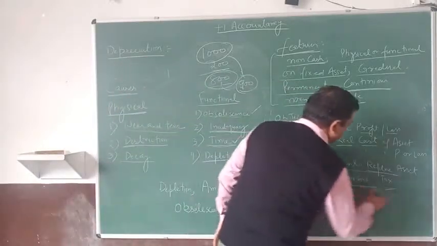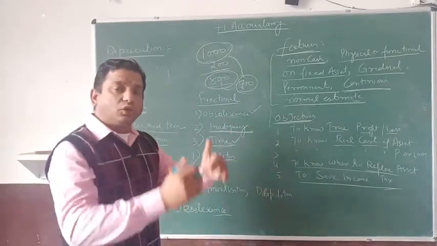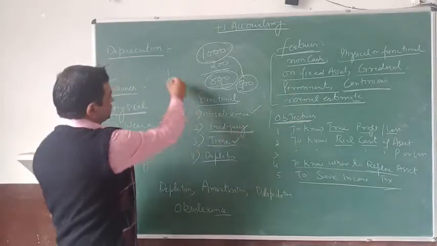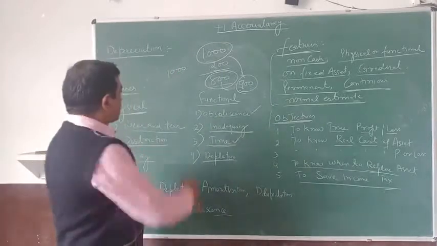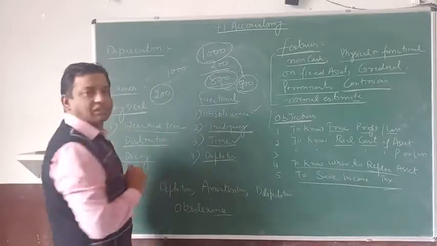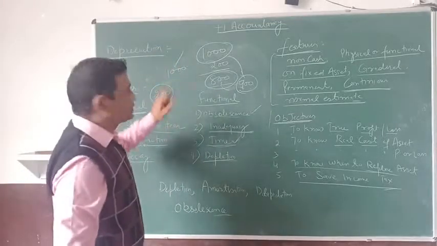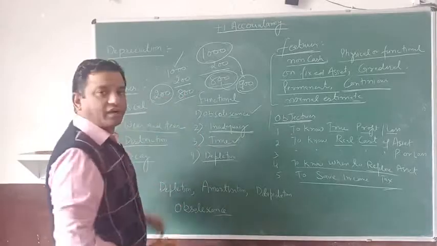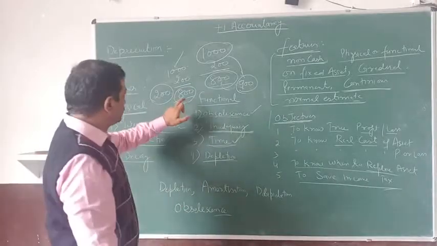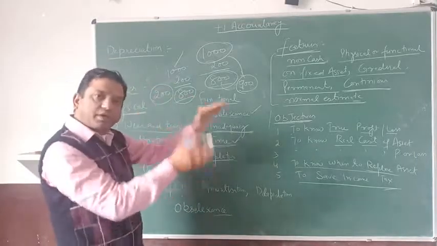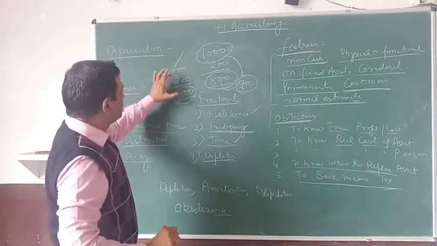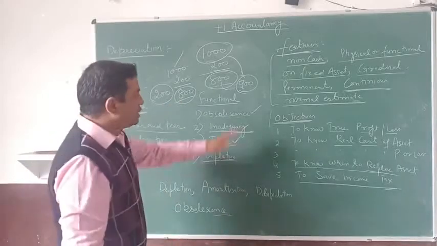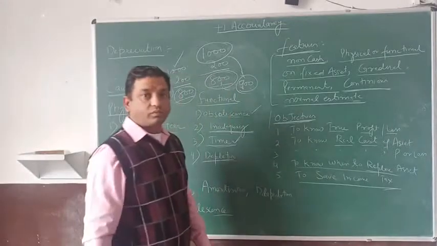The last is to save the income tax, because जब हम income tax पे करते हैं तो income tax उस profit पे लगता है जो हमने ये डेप्रिसिएशन चार्ज करने के बाद होता है. सपोज आपके पास 1000 रुपीज का प्रॉफिट है बिफोर डेप्रिसिएशन और आपकी डेप्रिसिएशन बनती है 200. अगर आप डेप्रिसिएशन नहीं चार्ज करोगे, इन दैट केस आप 1000 रुपीज के ऊपर टैक्स पे कर दोगे. बट इफ यू विल चार्ज द डेप्रिसिएशन, नाउ द अवेलेबल प्रॉफिट टू बी टैक्स्ड that is 800. अब आप 800 रुपीज के ऊपर टैक्स पे करोगे. तो जस्ट बाय चार्जिंग द डेप्रिसिएशन, इस डेप्रिसिएशन नाम के खर्चे ने, एक्सपेंस ने आपका प्रॉफिट जो है 200 रुपीज कम कर दिया. नाउ यू हैव टू पे ऑन द लेसर अमाउंट ऑफ द प्रॉफिट. आपको टैक्स जो है वो 800 पे करना है. सो दीज आर द ऑब्जेक्टिव्स बिहाइंड चार्जिंग द डेप्रिसिएशन.